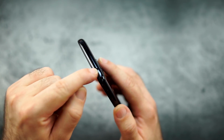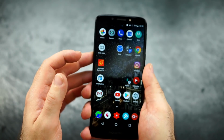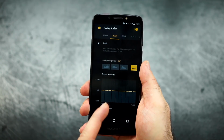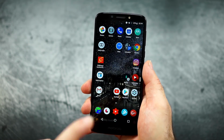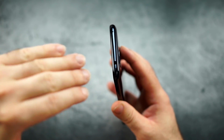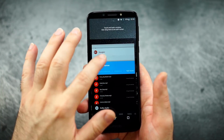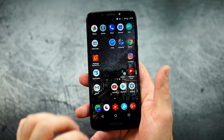Now the headphone jack is actually a little bit louder than it is on a G6 Plus, for example, but obviously you still have the Dolby Audio software, which you should enable because it actually helps here. But still, for an in-ear, good enough, but it is a little bit below average when it comes to volume. Quality though is absolutely fine, which leads me to the next point, which is also absolutely fine: the performance of